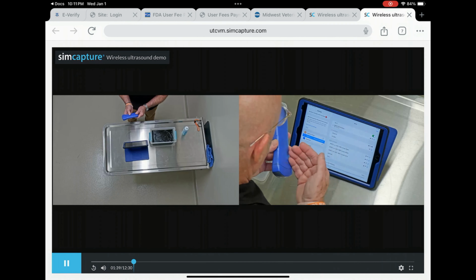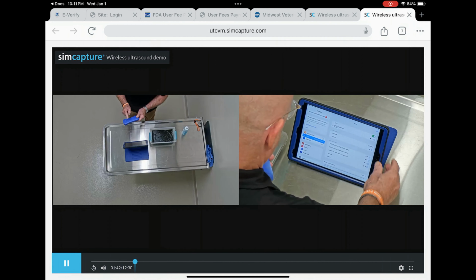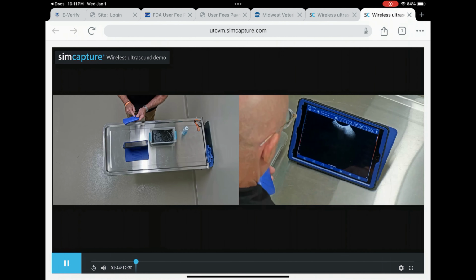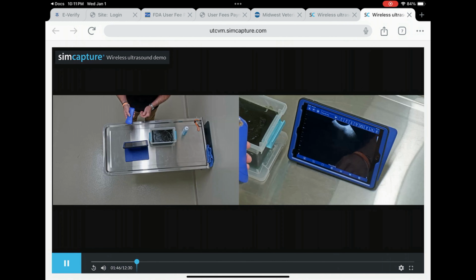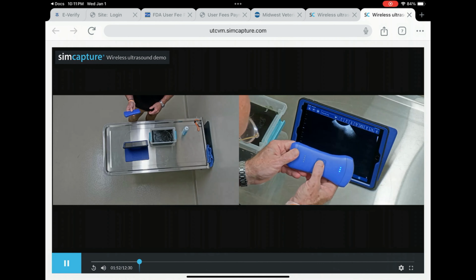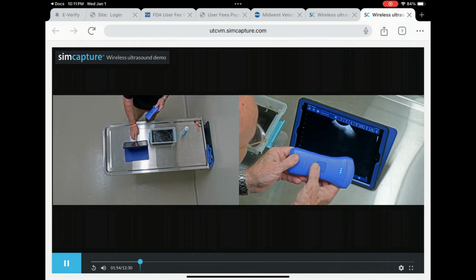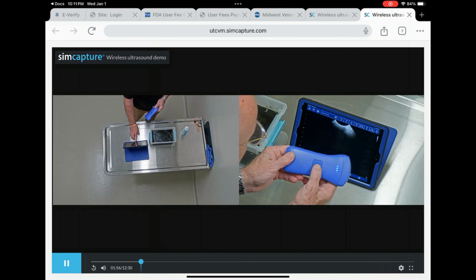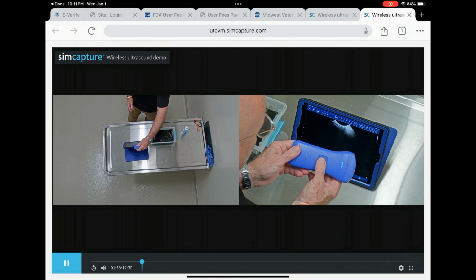The button will power the probe on and off. It will change ends of the probe during scanning, and during live scanning, will freeze the image on the screen for inspection. I'll begin to demonstrate now by pushing the button once. I have a green snowflake on my screen, which means go, and now I'm ready to image on the curvilinear